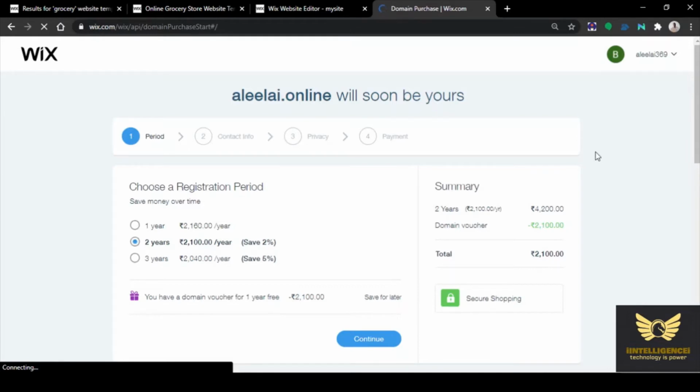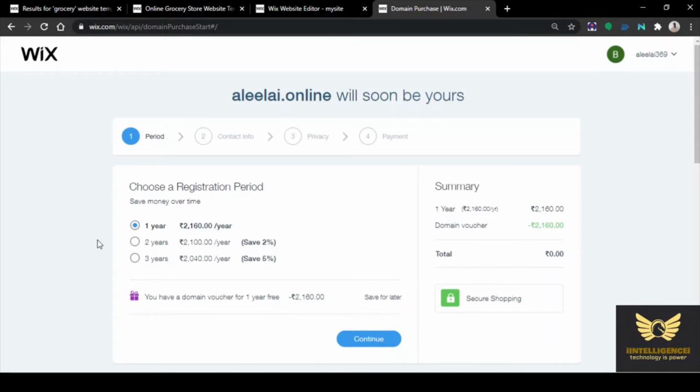So here it is asking for the registration period: 1 year, 2 years, 3 years. For 1 year it is free. Actually it costs 2100. For 2 years it costs 4200. Suppose we click 1 year, Wix is giving us a free domain. So we can save 2160 rupees in a year.